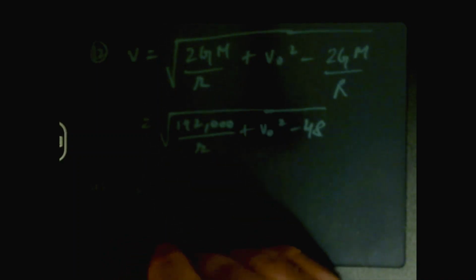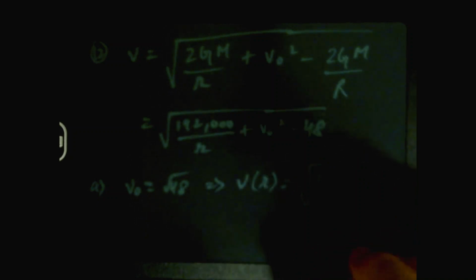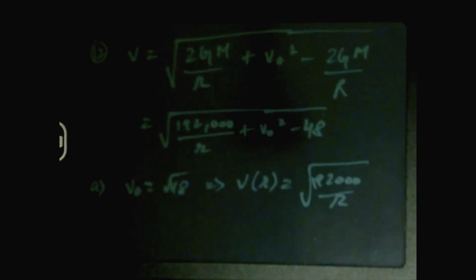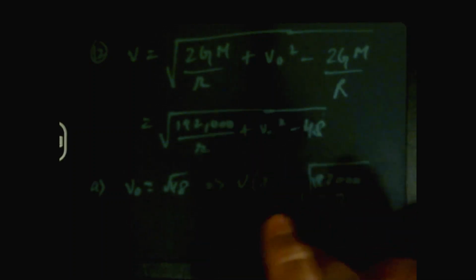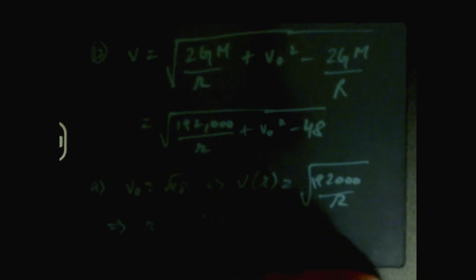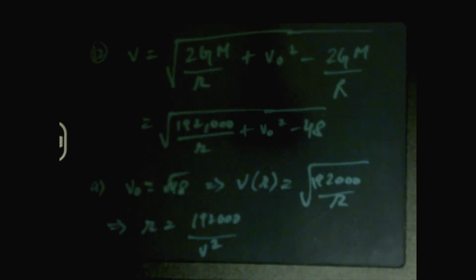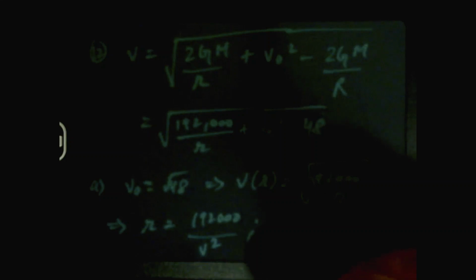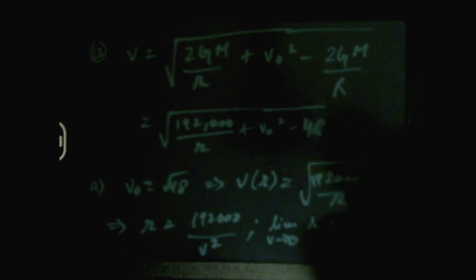I think it's pretty straightforward. You can just say square root of 48, because that would mean the velocity as a function of r is just going to be 192,000 over square root of r, because these terms then cancel out, and you can rewrite the radius as 192,000 over v squared. So if you note, as v goes to zero, the limit of r actually tends to positive infinity,